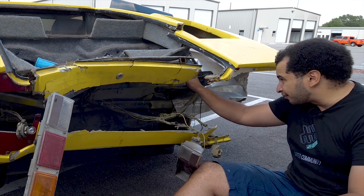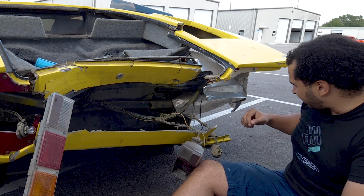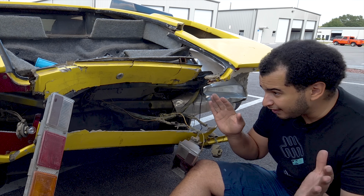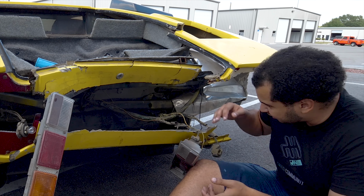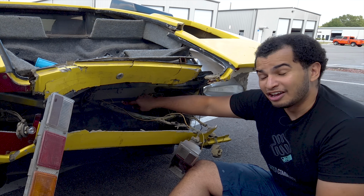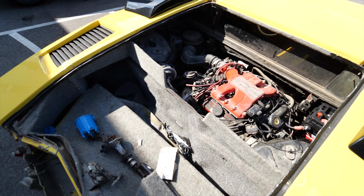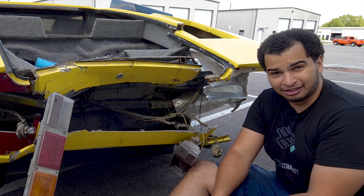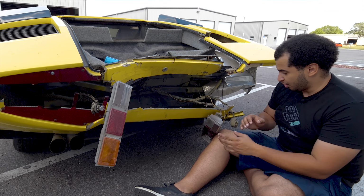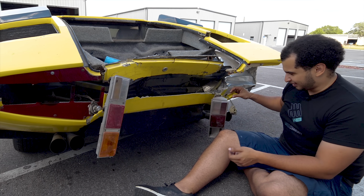Now, this is a lot of interesting problem solving as far as how they put this kit together. Now, this is all fiberglass. There's some aluminum here and there's some steel section, and all that stuff doesn't make any difference because it didn't actually add anything to the structure. This structure is bent, really, really bent, to the point that that engine is sitting cocked sideways. I'm not even sure if we can get an actual test drive in. I don't know if this thing is gonna be dog tracking down the road. I don't know if any of this actually works, so we're gonna have to find that out,